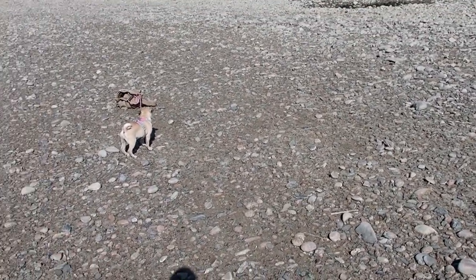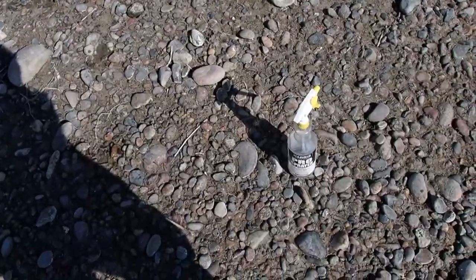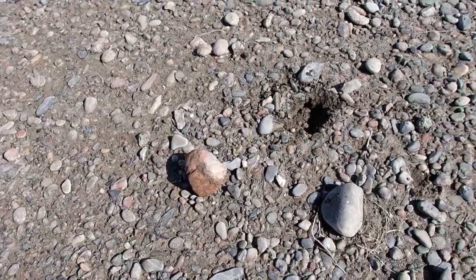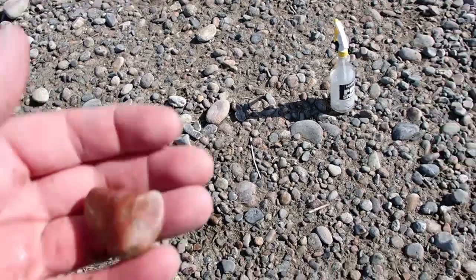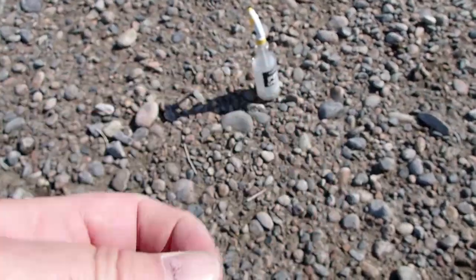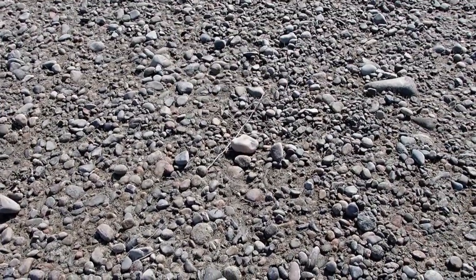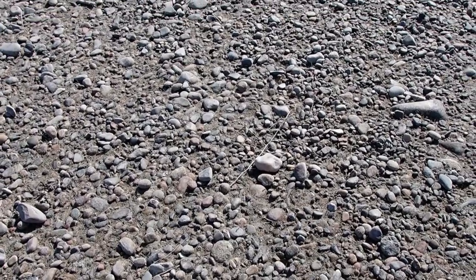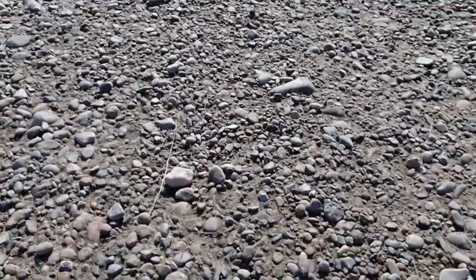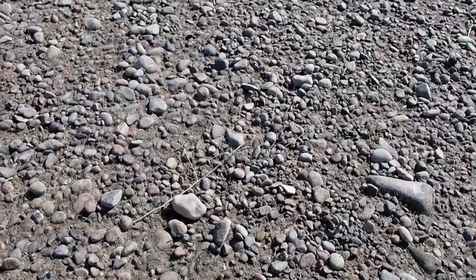Well, we just put the dogs down in a little spot here for them to rest. I grabbed my water bottle and I kicked out one big rock. And I'm thinking, oh no, it's not too good. And I went to go pick up this little tumbler. It's got some jasp agate in it, so that's the one to throw in the tumbler. And I looked forward and I saw that. So I thought, what could this be? So I thought I better show you guys as I come up here, and here comes the Mrs. Jaws Jr. As I hit this one here with water,